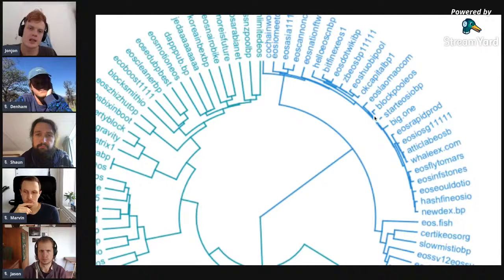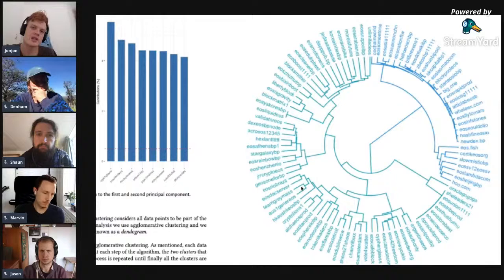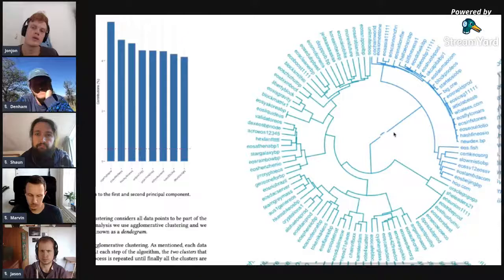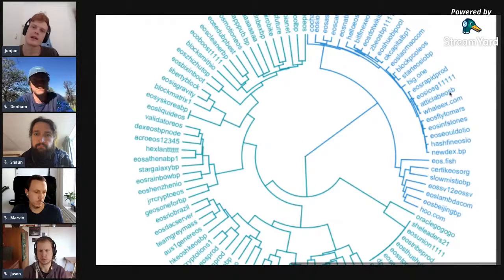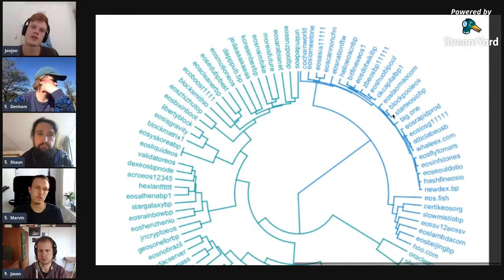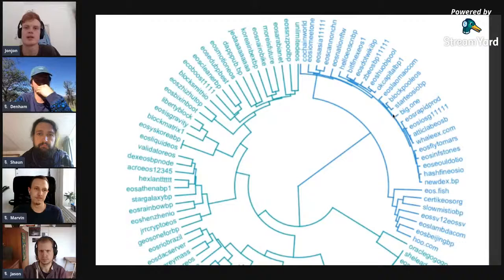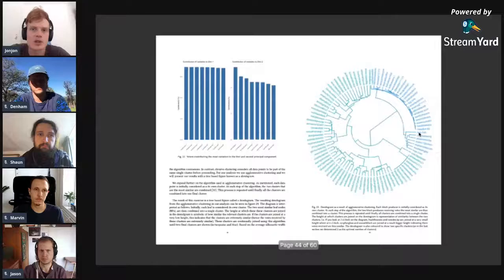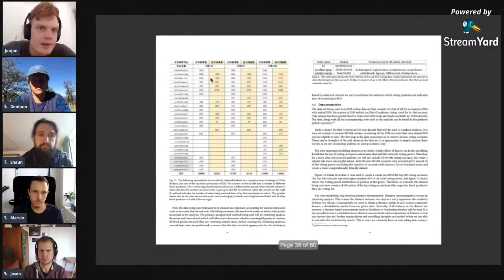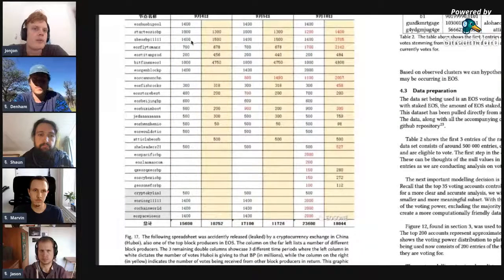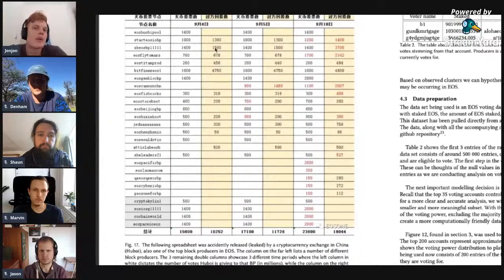So you can see for the rest of the block producers, they receive votes that are pretty dissimilar. But here, all of these ones, Whale X, Atlic Lab, and if you Google these block producers, you'll see that they're pretty shady. Bitfinex, a lot of them are exchanges, they have vote agreements. And there was actually a spreadsheet leaked by, I think it was Huobi Exchange, which is literally an Excel spreadsheet showing the people they're voting for and the votes they're getting back from them. And it seems like they have massive vote exchange agreements.